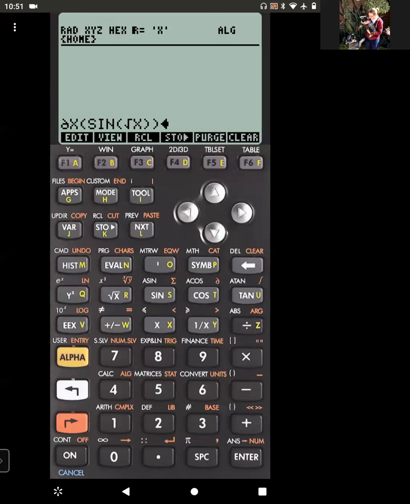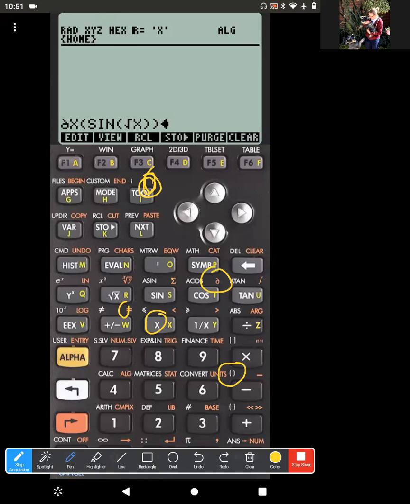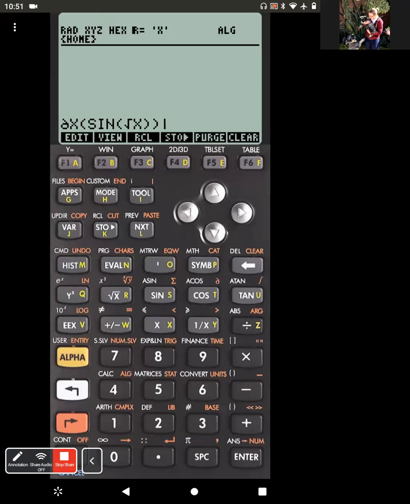And this is where I'm going to use that straight line button that was your right shift tool. This right shift tool again up here is going to let me evaluate at a specific point. So put that one in. I have to left over one so that I'm writing after that button. And then I'm going to use my x. I want to evaluate at x equals. So right shift till I get that equals, and right shift x equals 2. So I'm taking the derivative of the sine of the square root of x and evaluating it at x equals 2. If I hit enter,